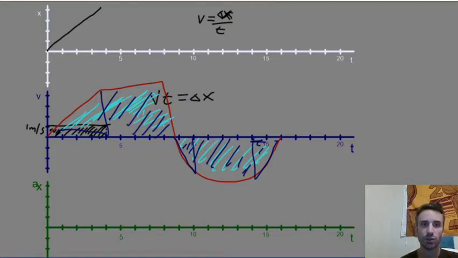So anytime that you have an equation where one thing multiplied by another gives you what you're looking for, put one on the y-axis and one on the x-axis and find the area under the curve, and that'll give you what you're looking for. It doesn't just have to be displacement. So those are two different things that can be super, super useful that I want you guys to be aware of. And specifically in this scenario where you're looking at a velocity versus time graph and you can find the displacement, that is something you guys should absolutely be able to do. And that was my quick little thing. Hopefully that was quick and